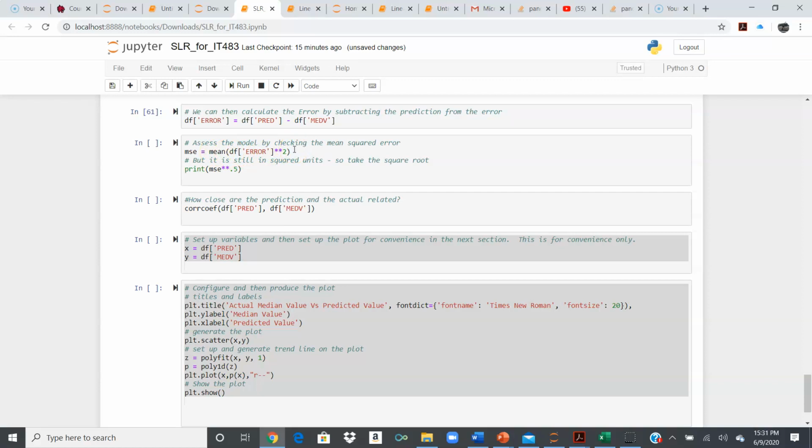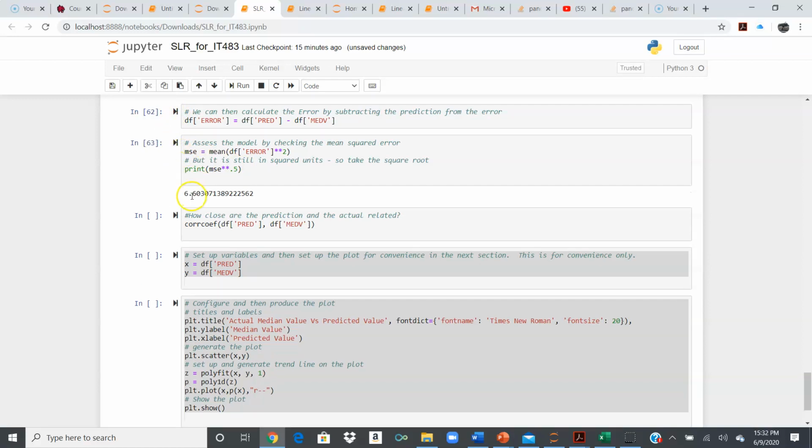The problem is that value is still in squared units. So it's going to be huge, and it's not going to make a whole lot of sense, and it's not going to be relevant really to the data that we have. So we need to take the square root of it to convert it back to single units, not squared units. And we do that by taking the mean squared error and, instead of raising it to 2, we raise it to 0.5, which is another way of getting the square root. So we'll go ahead, first of all, do this, and then we'll run this, and it gives us